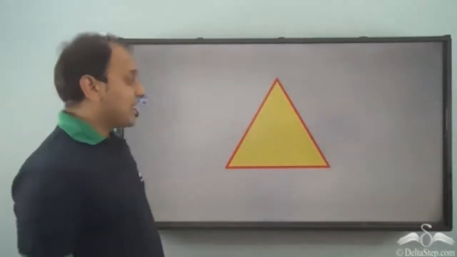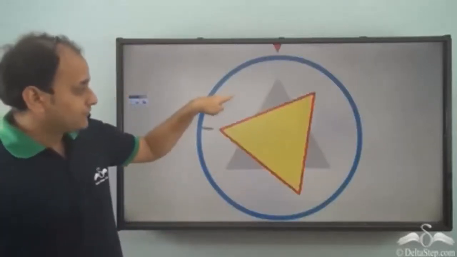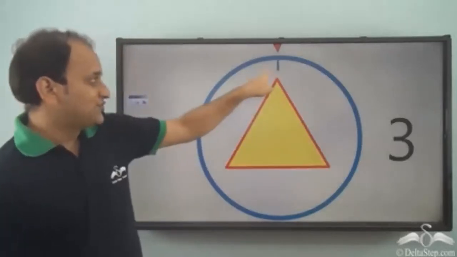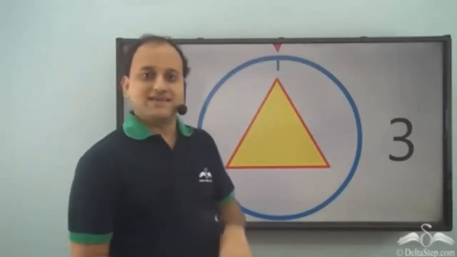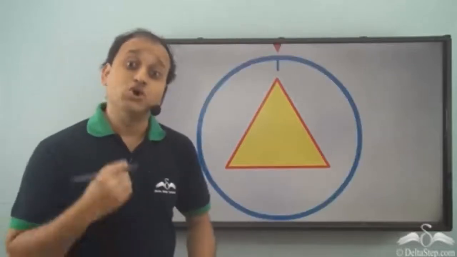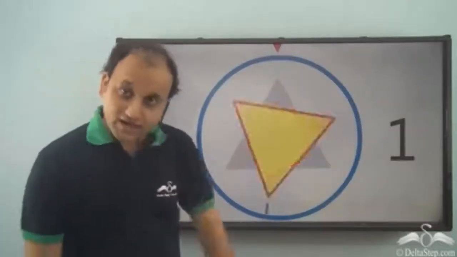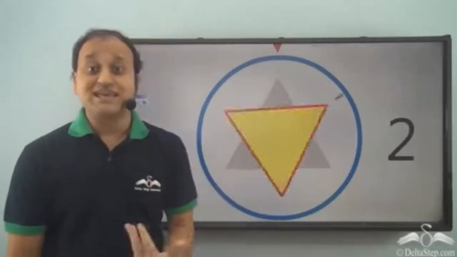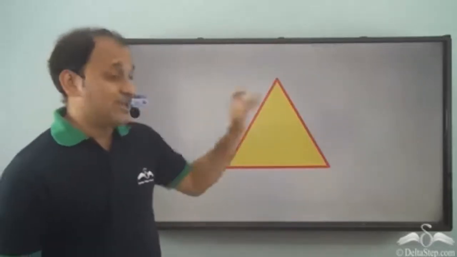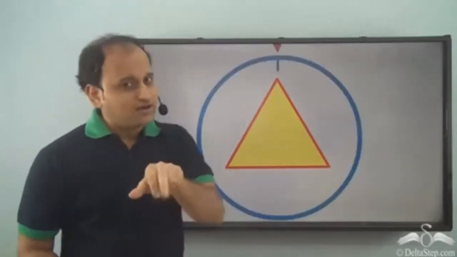Now what about this triangle? Well, we'll have to rotate it again. So that's 1, 2, and 3. The turn completes, and we saw that 3 times it fits into itself. As a result, in the case of this particular triangle, the order of rotational symmetry is 3 again, and you will notice that it has 3 equal sides, and it is showing rotational symmetry of order 3.